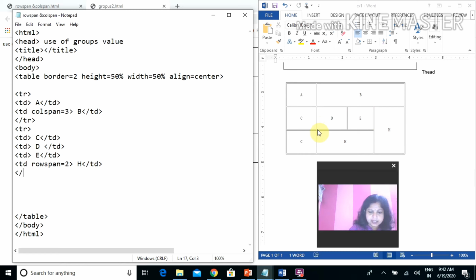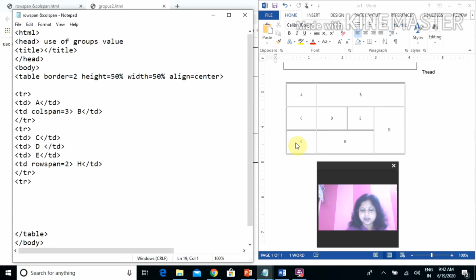And next, this row is over, so close TR. Next row starts. The first data is normal, no spanning is there, so write the data. Next, when we write the next data, you see it is covering 2 columns, so you write TD colspan equal to 2.